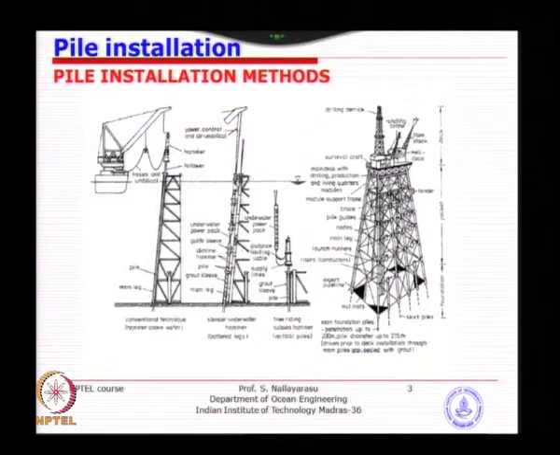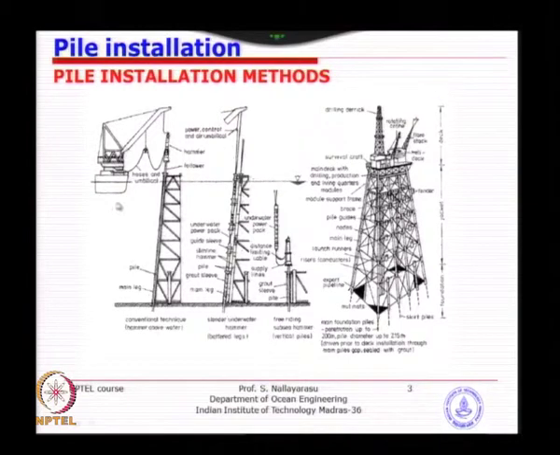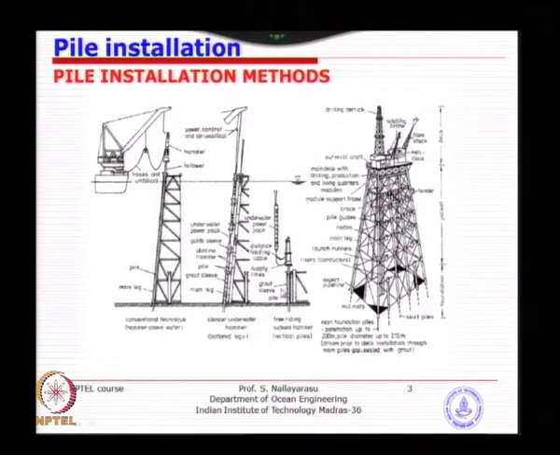I think we have seen these 3 pictures earlier on when we looked at 3 different scenarios. Here the hammer will still be above, but the portion between this and this will be a removable piece, which we insert only for driving, then remove later on. So all these pile installation schemes we will look at one by one in detail. So there are 3 cases: one is main pile, this vertical skirt pile, and inclined skirt pile.